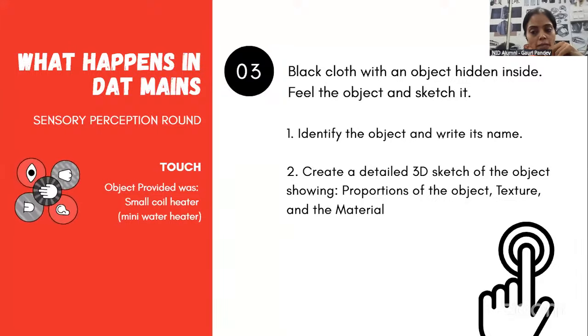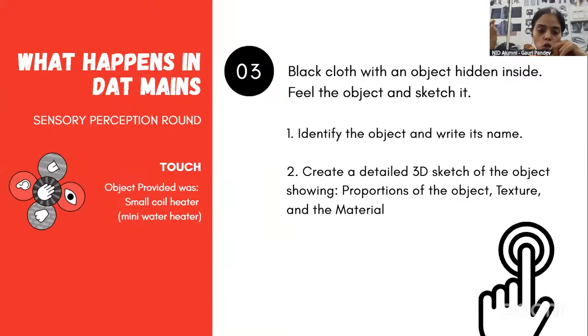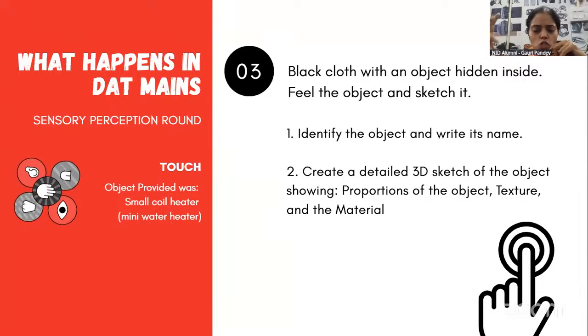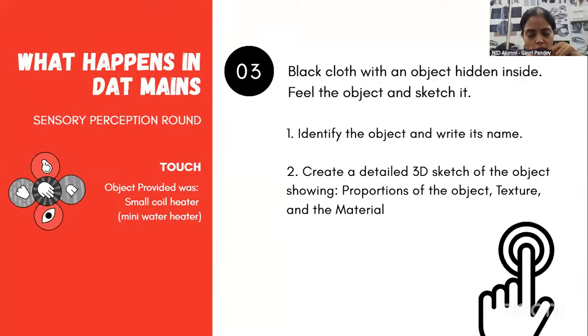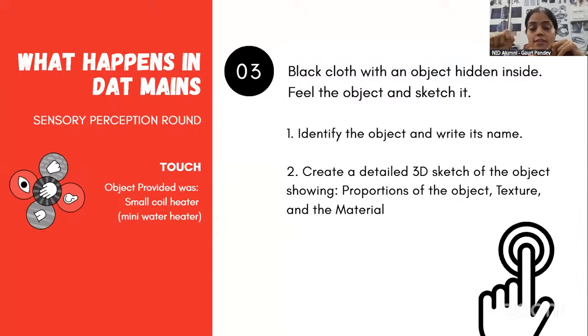You're supposed to identify the object, write its name. Then you're supposed to draw a 3D sketch of the object. In this case, they gave a small coil heater, a mini water heater that is normally used to heat tea and coffee. Very small size heater they gave. And so if you're supposed to draw proportionately, one of the challenges that you will face in this task is